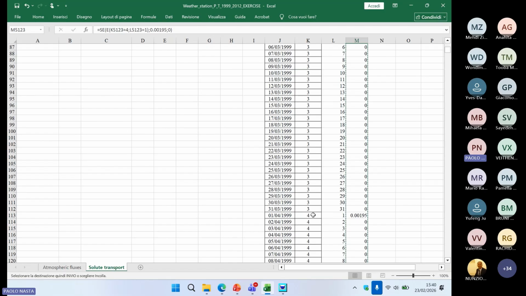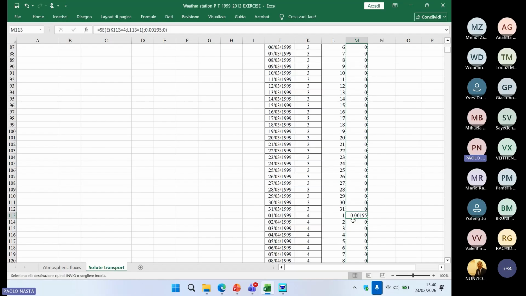Not in the entire month of April, but only on the 1st of April, of course, because we apply it once, and then we need to make sure that there is also the application of, it's a sort of fertigation, so also irrigation of at least 1 centimeter of water, because the fertilizer needs to